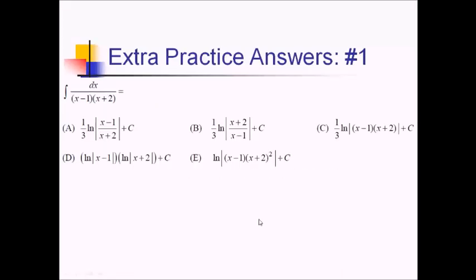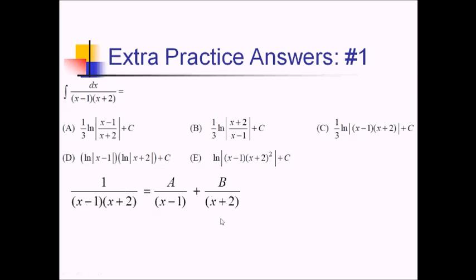For this problem, I'm trying to find the antiderivative of 1 over (x minus 1)(x plus 2). Since there's no other way to simplify this fraction and I've got unique linear factors, I'm going to try partial fractions. So I'm going to split my fraction of 1 over that stuff into A over x minus 1 plus B